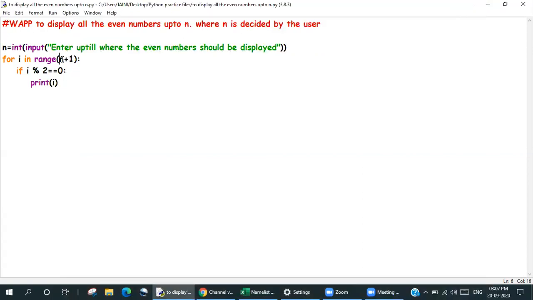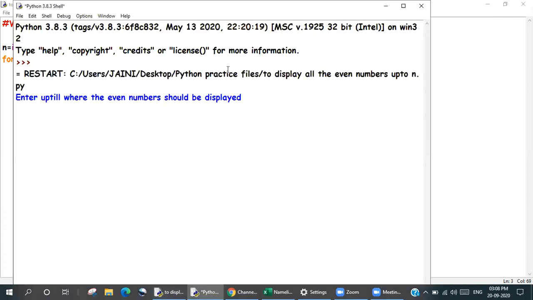So now if I had to do this in my old one, how would I do it? I would say start from 0, or I would not even say that. I would just say n plus 1 comma 2. But if you are putting the last one, you have to put the first one. Otherwise, they get confused. And then over here, I would say print i. Let's run this up till 10. I've got the 0 and I've got the 10. Okay, so I think this is very clear now.